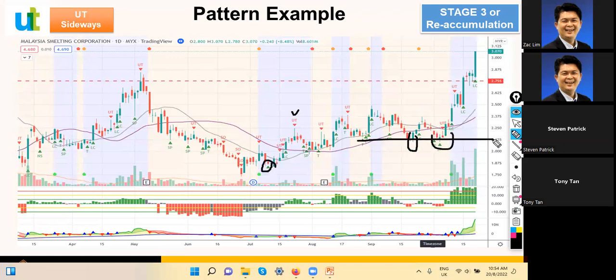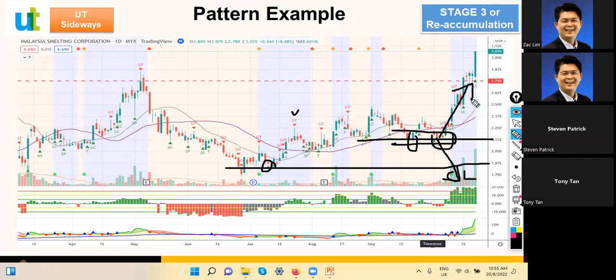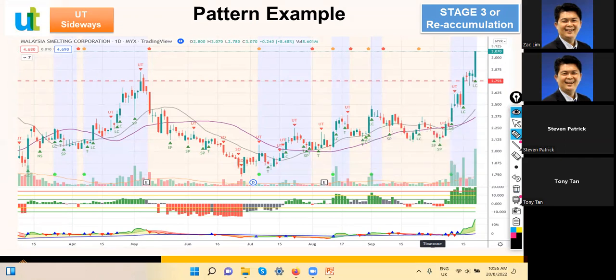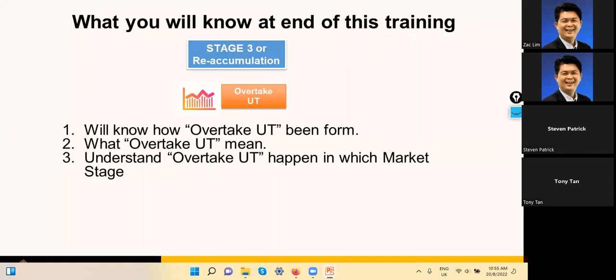Because once you buy here, you automatically create a cut-loss level. If the smart money wants to cancel all their plan, they just come down here only. Once they sell down, then you have no choice, you need to come out. But my experience is always, if you buy here, there's likelihood you can hit a very good profit. So this is one of the examples of upthrust sideways, and I continue with